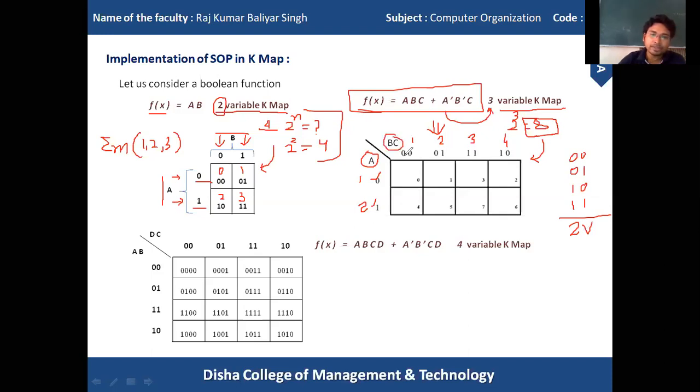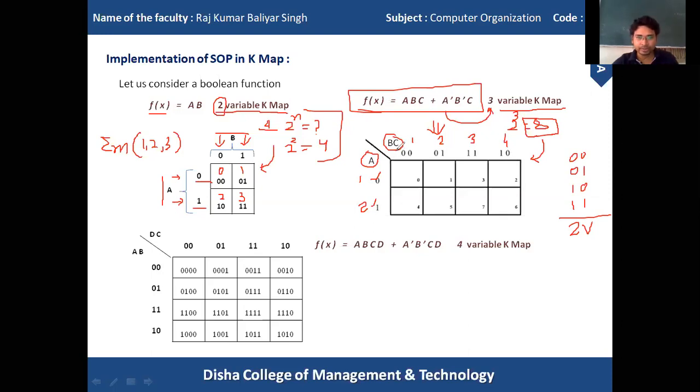For BC, the first column represents 0 0, that is B0, C0. The second column represents B0, C1, that is 0 1. The third column represents 1 1, that is B1, C1. And the fourth column represents 1 0, that is B1 and C0.